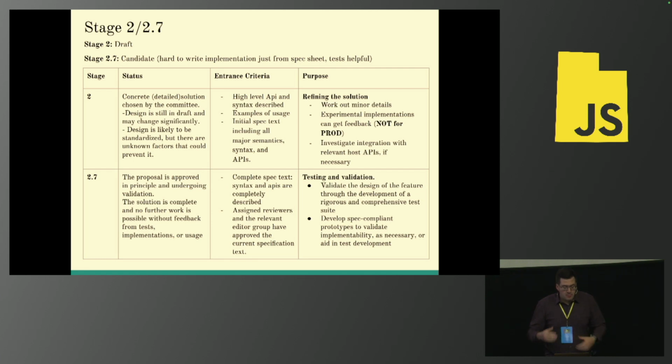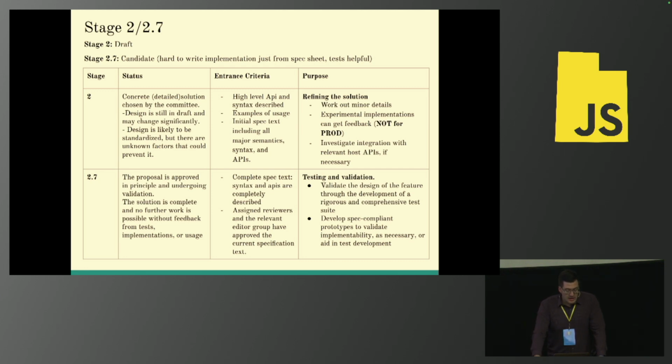Because the design's not fully standardized in stage 2, they can realize they missed a use case. There can be performance issues. Any other unknown factors can tweak it, if you will. So it might require some or a bunch of rework. And there'll be experimental implementations in stage 2, but those are not for prod. Even if great developers or a great company worked on it, a lot of times they'll give you a warning: this polyfill is not for prod. You should probably listen to them, because it's just to have a working, living, breathing prototype to interact with, if you will. And then they'll also be talking about investigations into different APIs and how it integrates.